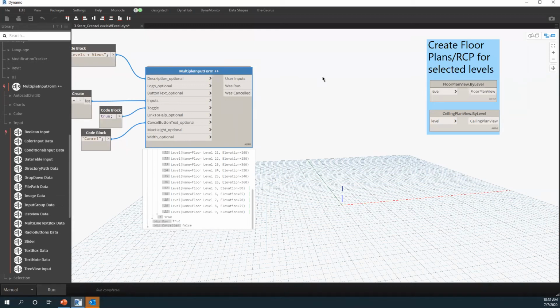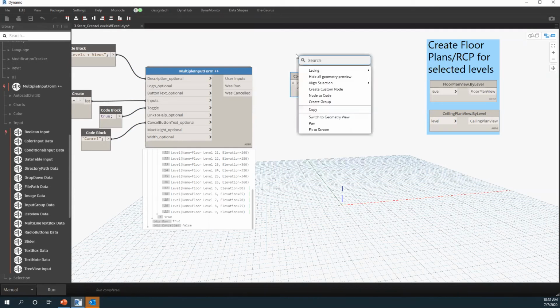So what I'm going to do here is create a code block. This is going to be DesignScript for getting an item at an index. So I'll create a variable followed by a square bracket and then the index I wish to grab. So index 0, x, index 1. This is the same as